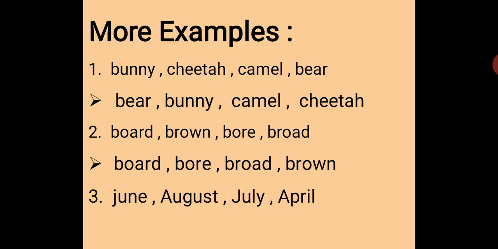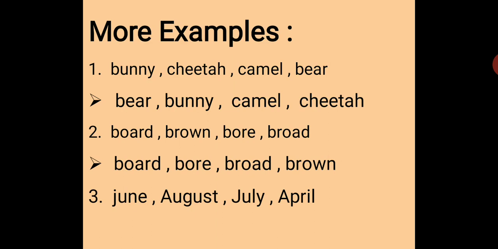Now tell me, between A and J, which letter comes first in alphabetical order? Obviously A. So pick out both the A-letter words. Which are they? August and April. So here we can see that both words have the same first letter. So we are moving on to the second letter of the words, and which are U and P.